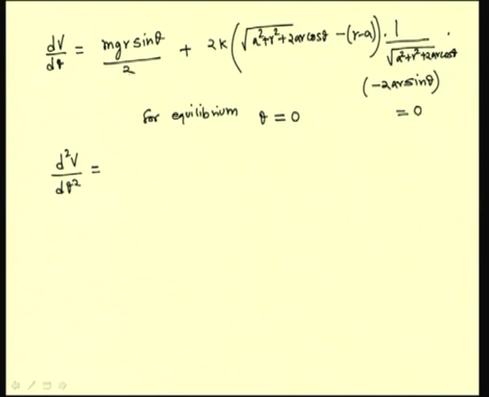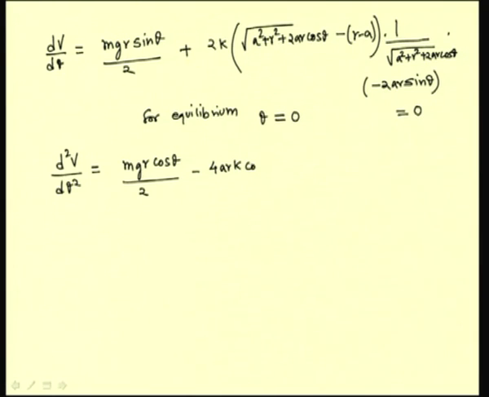So, let us differentiate the terms that we have got for dV by d theta. So, this is equal to mgr cos theta by 2 minus, let us try to differentiate this term. If we simplify this term and then differentiate it, we will have this as